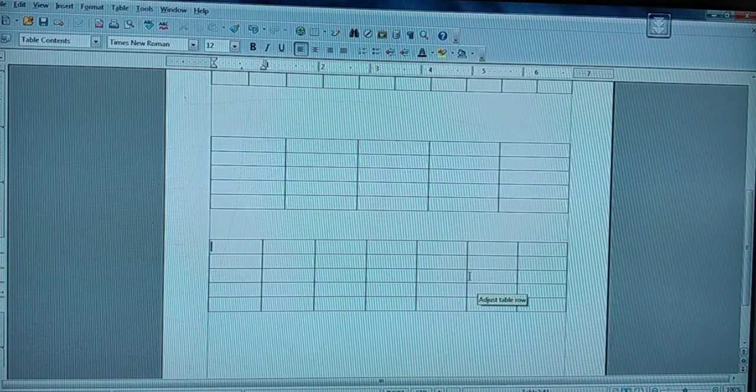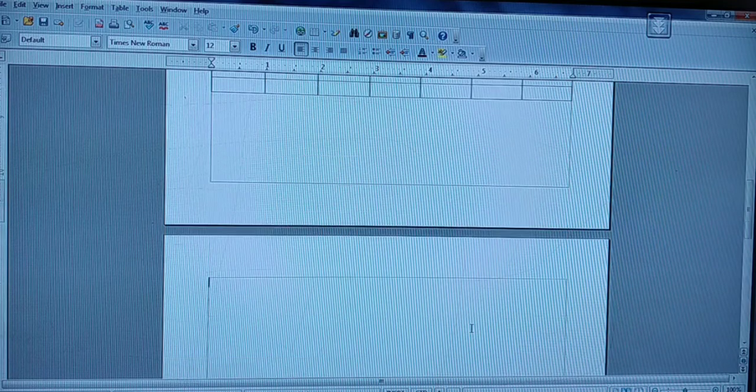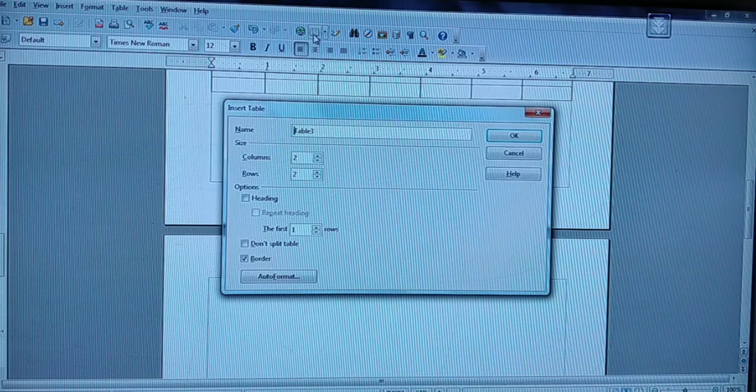So these are the ways you can insert a table. Clear with this one? Next we can see that. Don't forget, before inserting your table, you must know where your table is to be placed. Your insertion pointer must be at the place where you want the table to appear. Now we can see each and everything in the Insert Table dialog box.